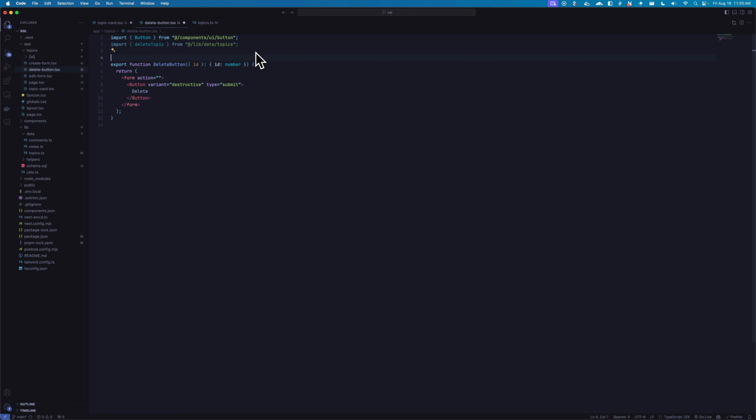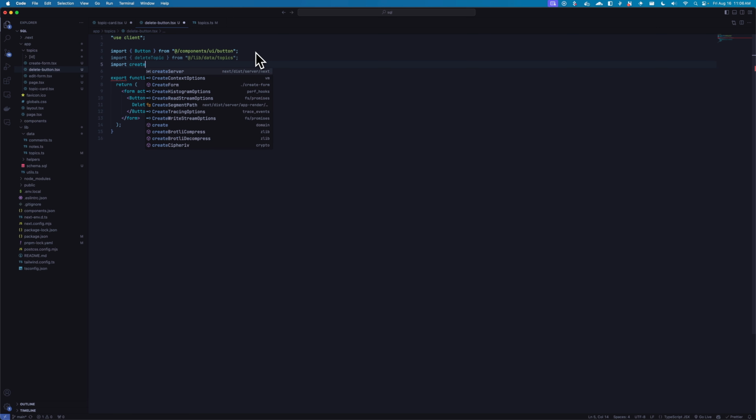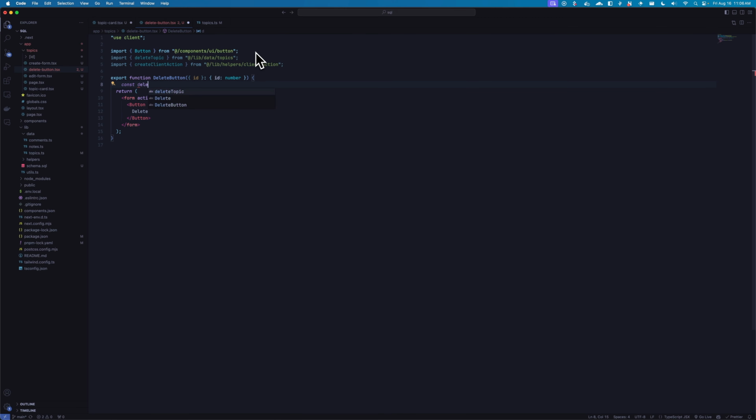Delete topic. And we're going to use client here because we want to be able to use a toast notification. And then we're going to add create client action to here too. Okay, now inside of here, let's do const delete topic with